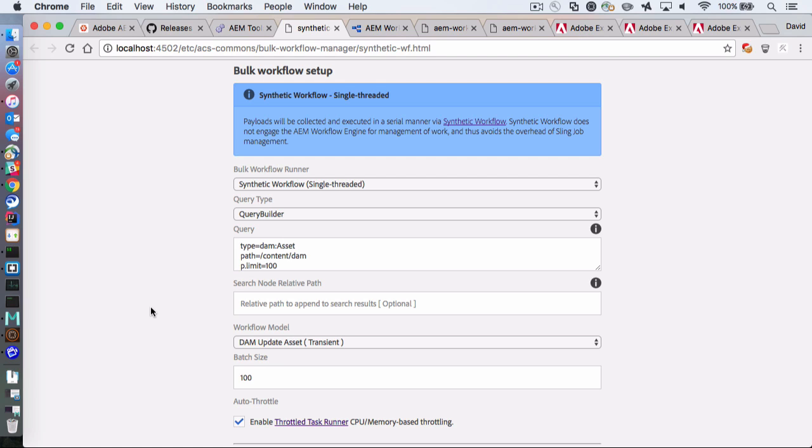It's worth noting that synthetic workflow has similar constraints as transient workflow. It really needs to be a serial workflow model, which is effectively a single decision branch, and it should be comprised of all workflow processes. So DAM asset update is a great candidate for this because this is a single